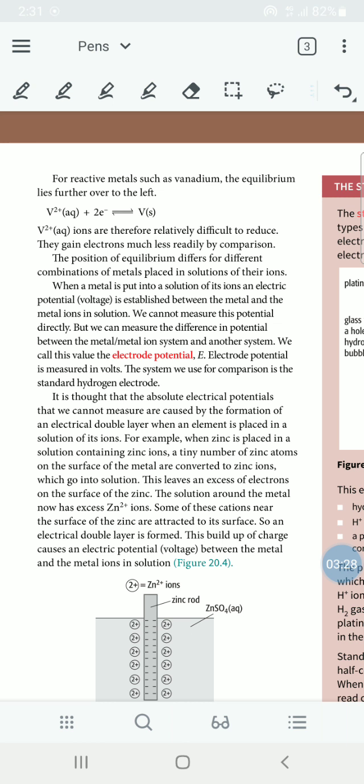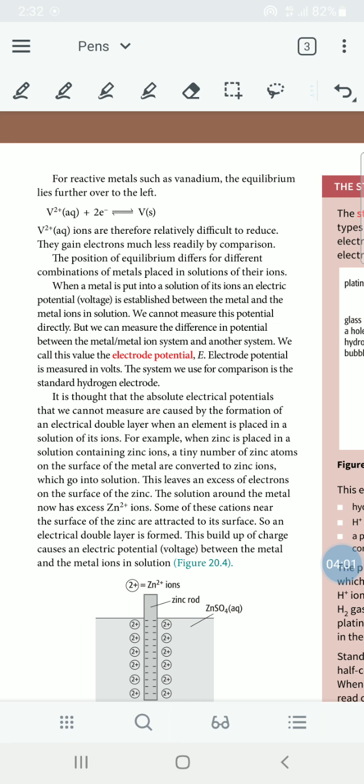We cannot find this potential directly. We have to develop a certain system, a metal and metal ion system, and join it with another system to find how the electrode potential is